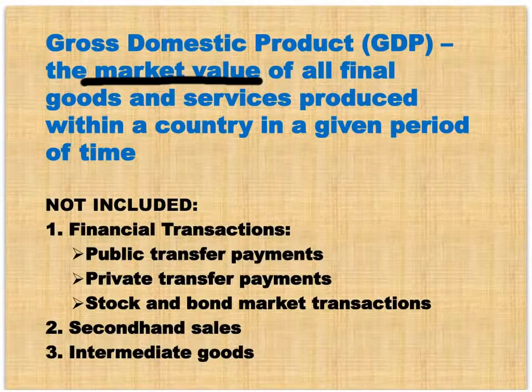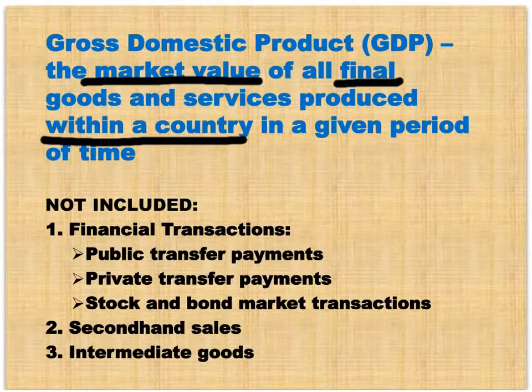Your mother probably does your laundry. That's a valuable service, but it's not in GDP because it's not exchanged in a market. Also, it's all final goods and services, not intermediate goods. When the baker buys flour to make bread and sells the bread, he doesn't count the flour in GDP because he'd be double counting when he sold the bread. It's goods and services within a country. So importantly, a Nissan made in Tennessee is in American GDP. A Ford Fiesta made in Mexico is not in American GDP.